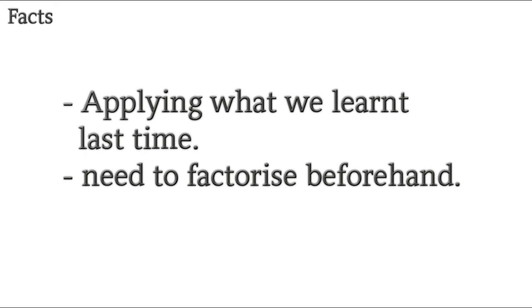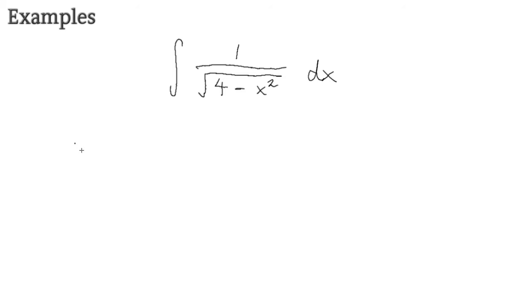So let's apply what we've learned last time about the inverse trigonometric functions. Before you do these questions, make sure you put it in the correct format, and that would require you to factorize. So we're going to evaluate this particular integral. We have 1 on the square root of 4 take x squared. From this form we cannot tell